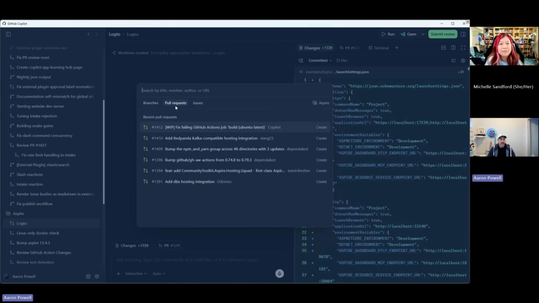Or I could choose pull requests. And maybe I want to pick up a pull request that one of my team members has started off on, and I'm going to then continue on their work, a bit of a review locally with Copilot. Or I can start from an issue. Again, I've been assigned some issues in the backlog. I'm going to start a session based off of this issue, and we're going to run with it.